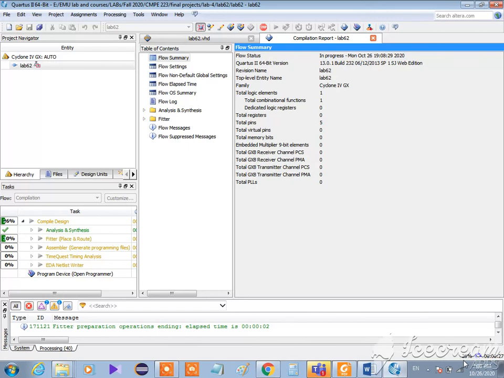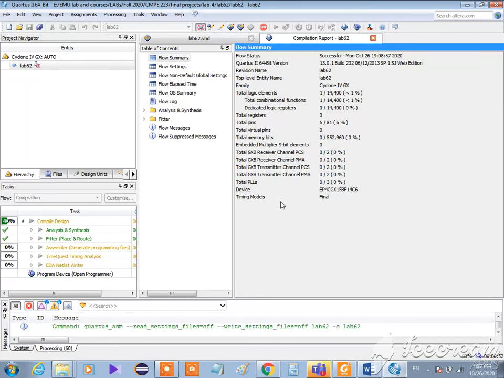So for lab number 4, you should write 2 projects and send them to me. This is the second one. So in your email you should send me the project for lab number 4 part 1 and the project for lab number 4 part 2. So I'm going to ask you to write 2 separate files, not just one file. So in your email, the attached files must be 2 files. And also don't forget